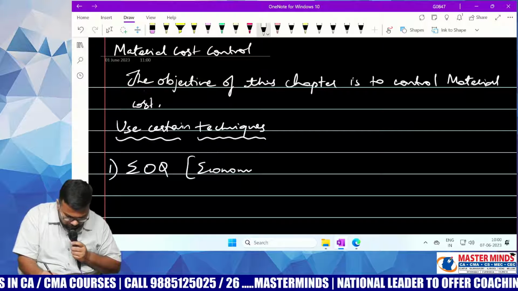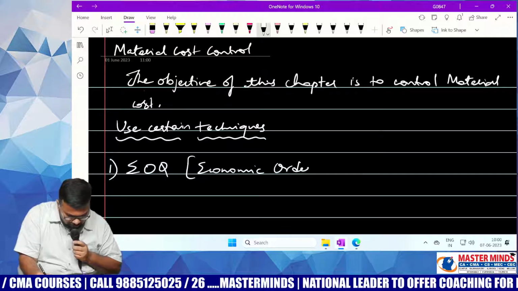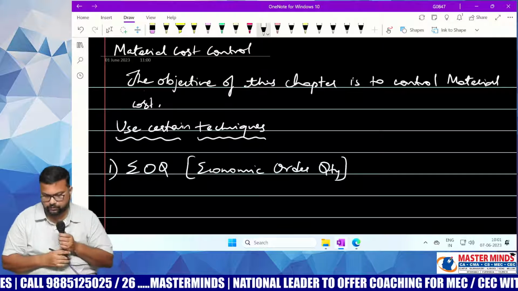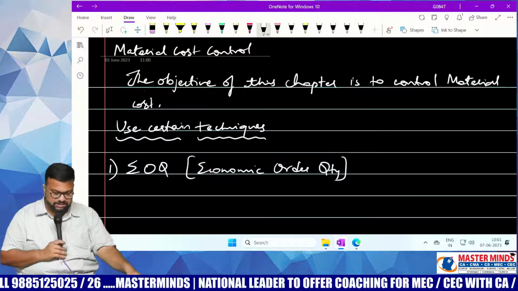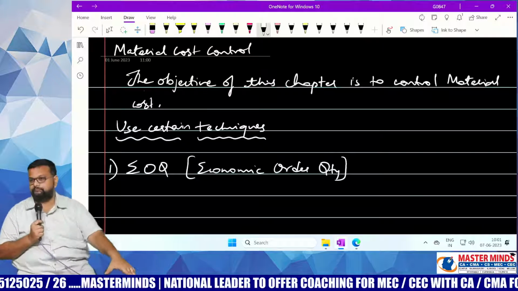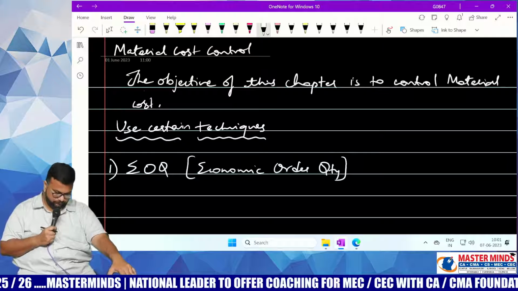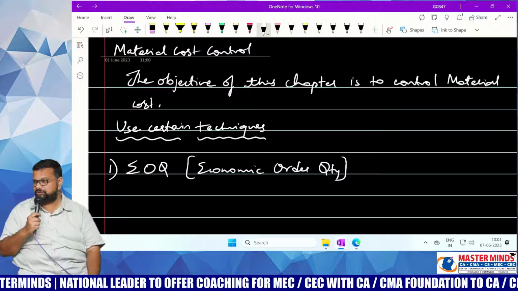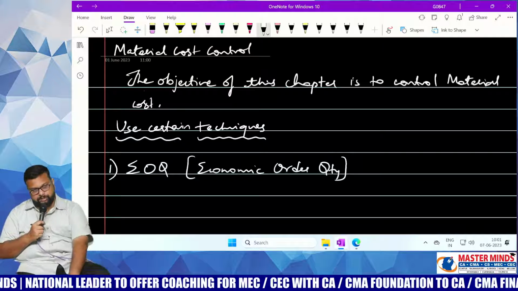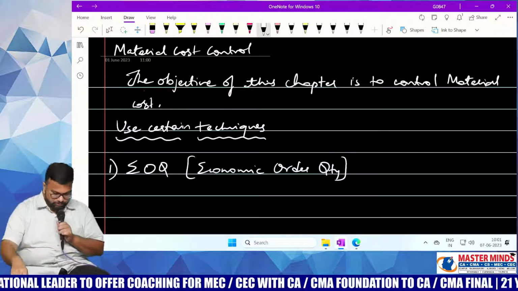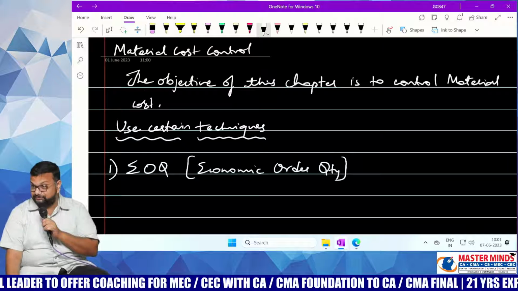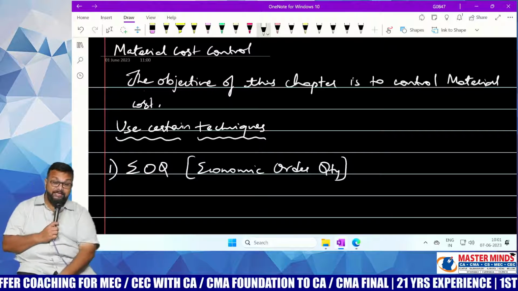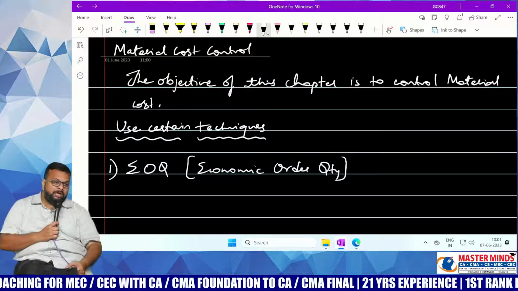economic order quantity. Economic means you should economize your expenditure. Economic means here, now don't say economic means money. Okay, we all know that economics means money. Here economic or